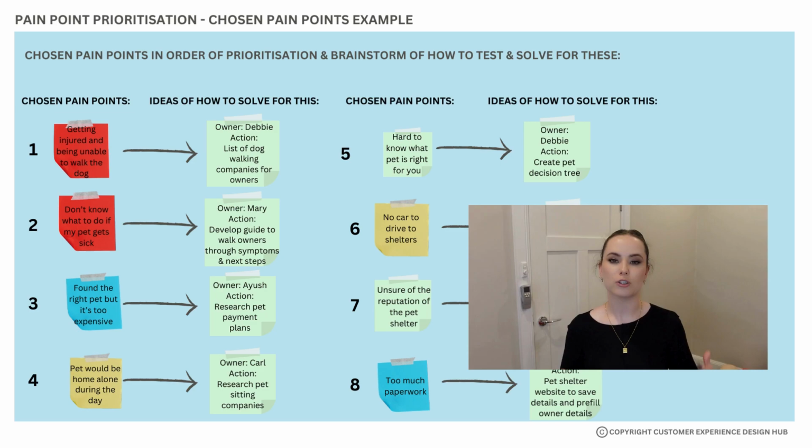Next, we're taking our chosen pain points and assigning owners and actions to them. The way we're deciding our order is we're looking at that matrix and anything that sits in the top right quadrant, so anything where it's highly possible and going to be a high impact, is what we want to work on first. So we take each of those in that quadrant and then we are looking at assigning actions